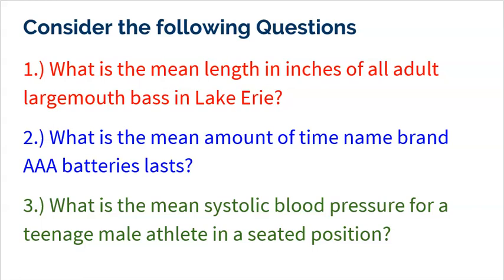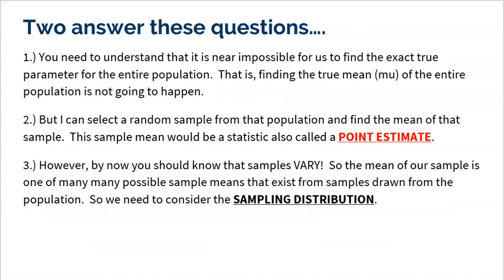There's probably millions upon millions of AAA batteries out there. I can't test them all to see how long they last. And there are millions of teenage male athletes, so I don't know if I can get all of them to measure their blood pressures. So to answer these questions, basically it's near impossible for us to find the true population